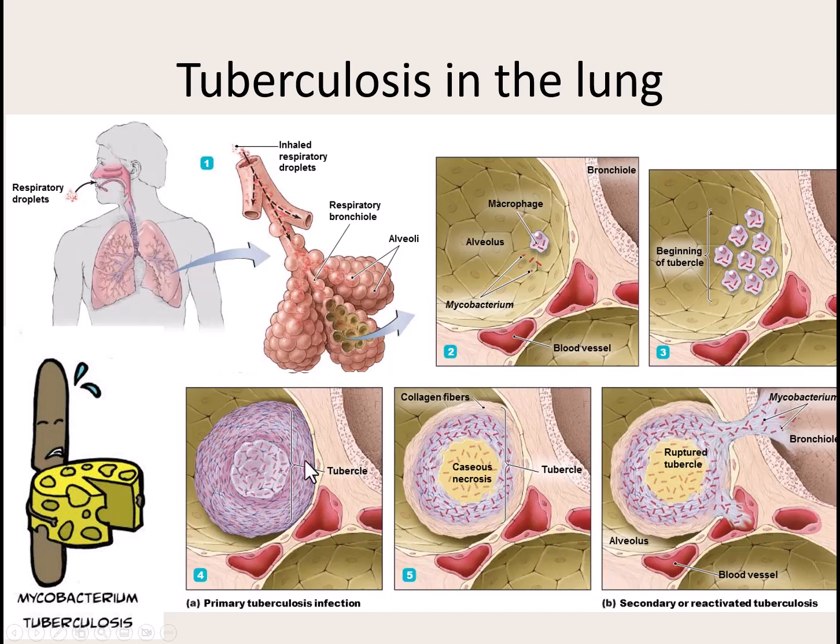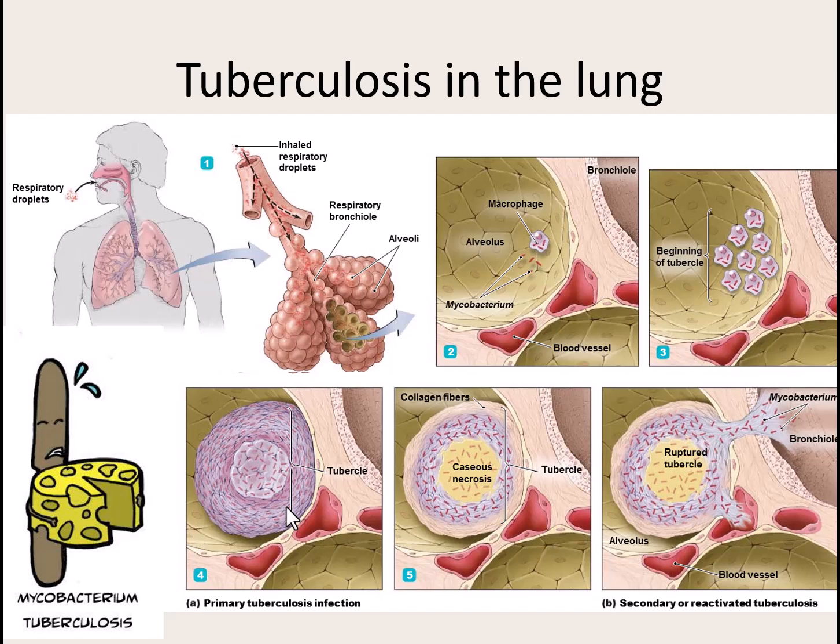And so that's called primary tuberculosis. This is when you just have these large tubercles in the lungs. But you have to remember what the lung tissue is there for. You have very thin cell walls so that you can have very efficient gas exchange. And when I say large tubercles, I mean they're still small, but compared to how big some of these alveoli spaces are, they can really fill them up. It can really decrease that breathing, so it becomes hard, even gasping for breath, because you just don't have that efficient gas exchange. So primary tuberculosis is when you have all these big masses inside the lungs.